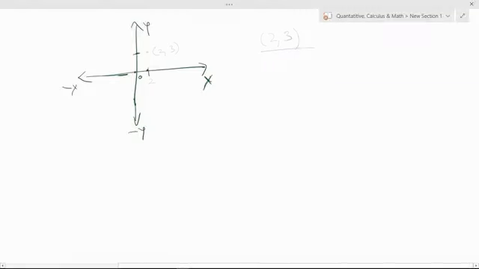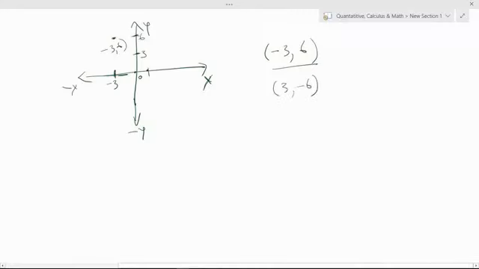So 2 is the x value which you're taking, and y would be somewhere out here. We'll look at a couple of examples so you get a better idea. Now we know this is the positive side and this is the negative side. So let's say I want to plot minus 3 and 6, how do I do that? The negative part of the x-axis goes here, so this is somewhere out here, minus 3. Y is 6, on the positive side. So this is where the point would be.